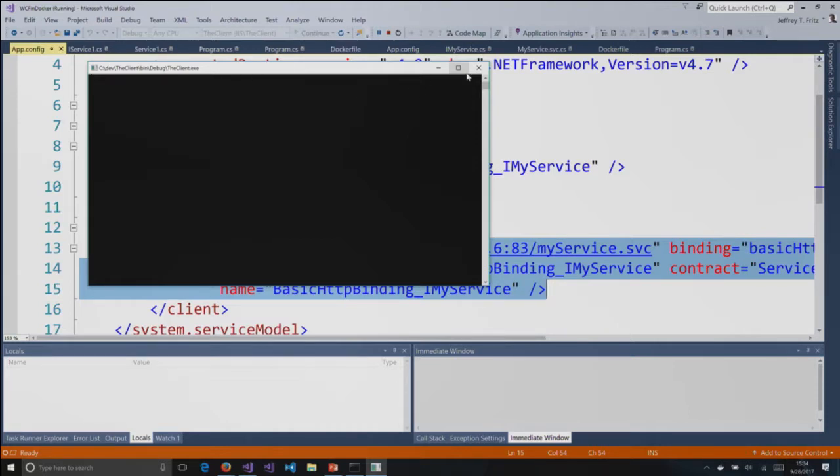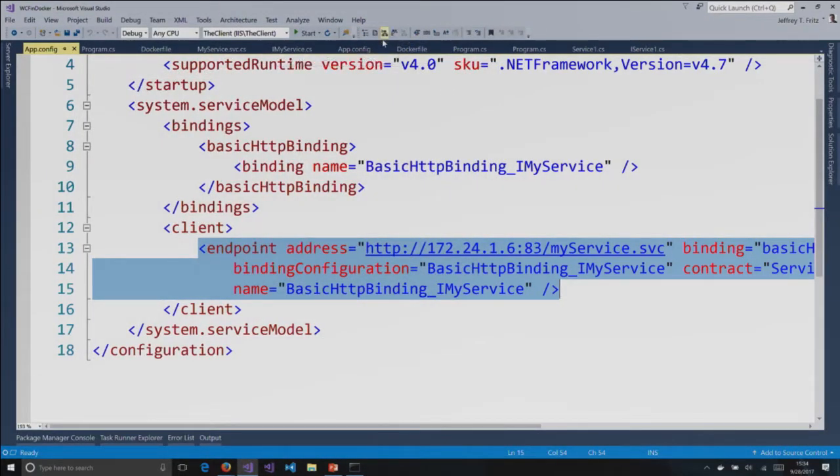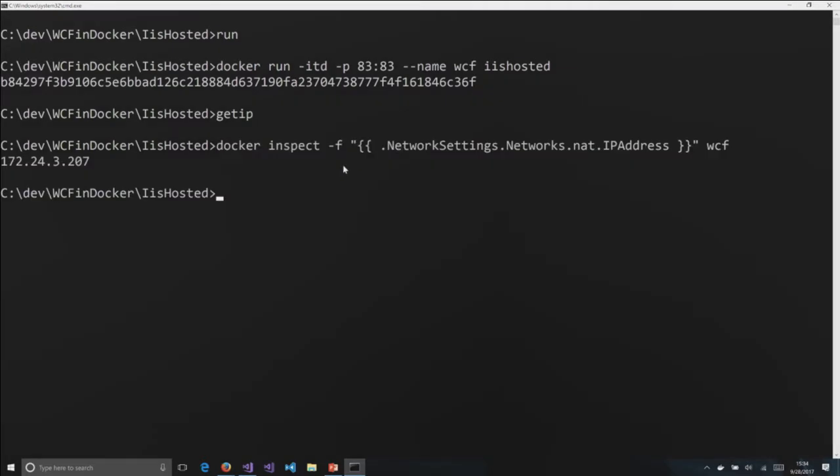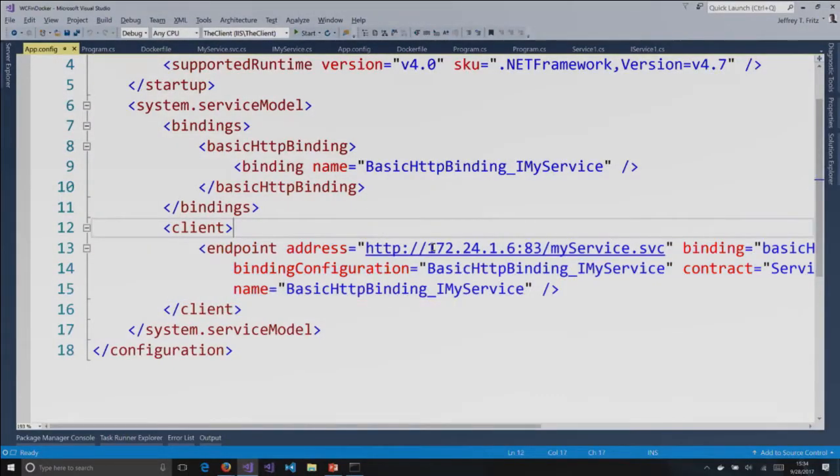Actually, no, we won't get back. I missed something, and you didn't catch me on it. I didn't capture the IP address of this and pass it back into my client. So let me get that IP address. So it's living somewhere completely different, and these are random IP addresses that Docker assigns. So I need to assign that here,